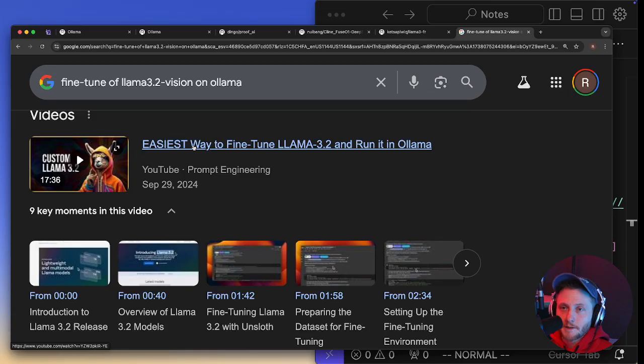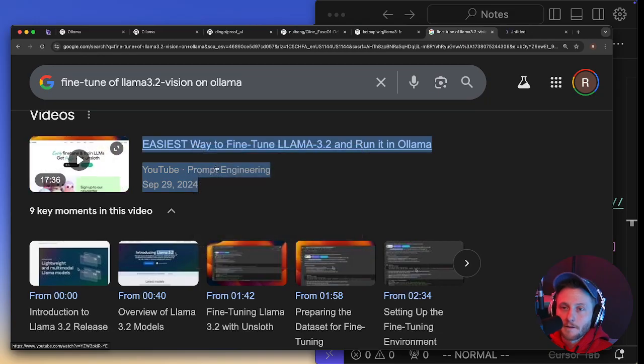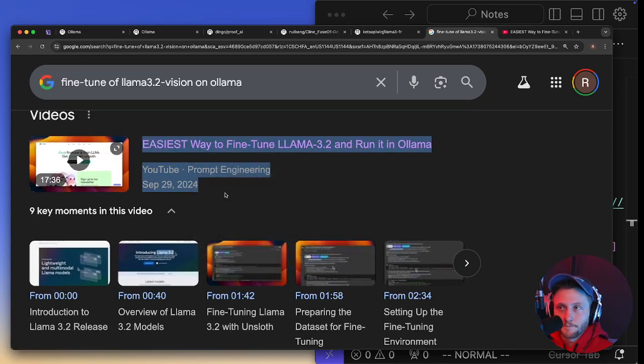This would probably be interesting to watch. Easiest way to fine-tune Llama 3.2 and run it in Ollama. Not going to be the Vision one. But I guess they got that working,